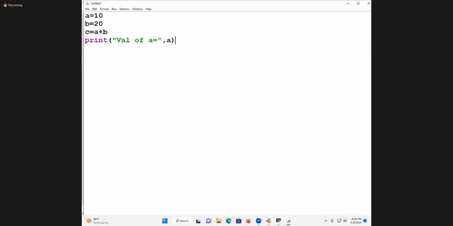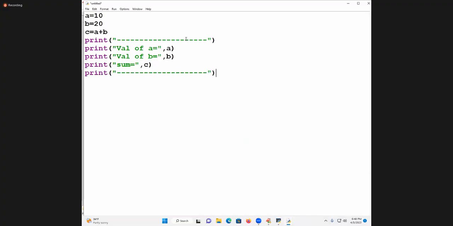And right now, don't worry about this value of A is equal to A. Next I am writing here what you know. Value of B is equal to, comma B I am writing. Printf I am writing here. Sum is equal to, comma C I am writing. And to see the most colorful way, I am writing one line here. Don't worry, because when I come back to the next class, so many hints, so many hacks I will tell you